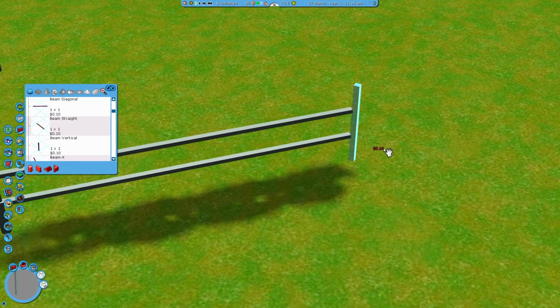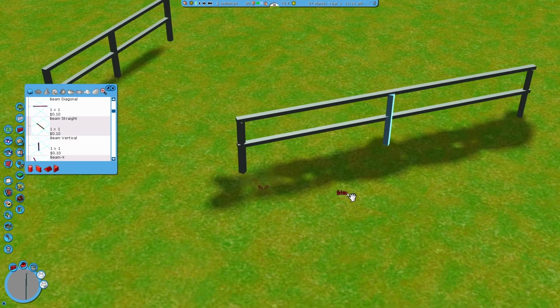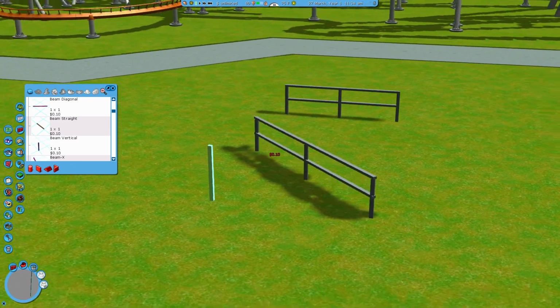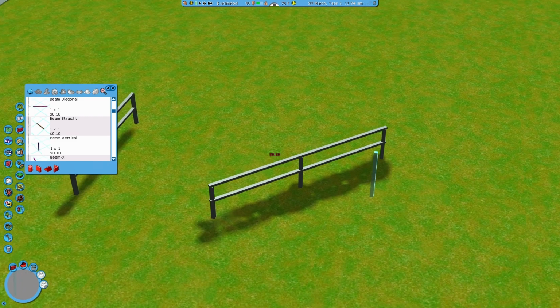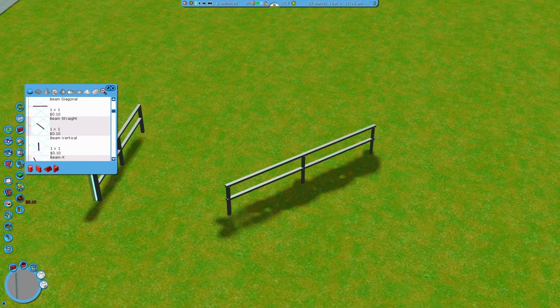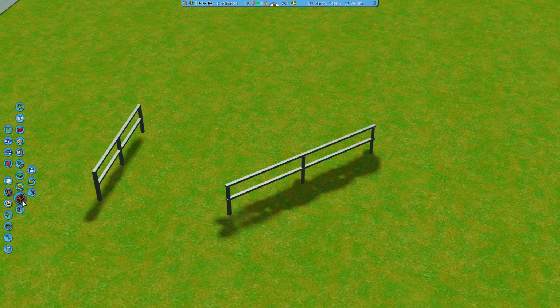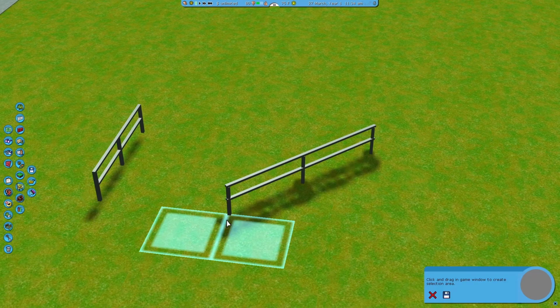There we go. That's a bit better. And then this one goes down like this. And there you go. And as you can see, this right here is some pretty decent, not perfect, but pretty decent looking diagonal fencing. And again, what you can do, you can go to custom structures, select objects, and you